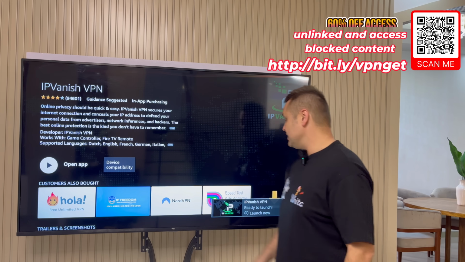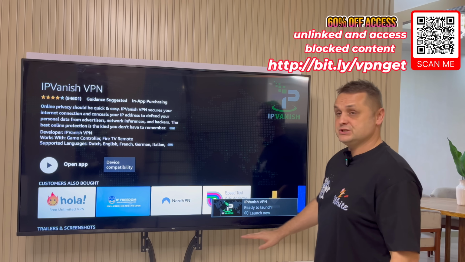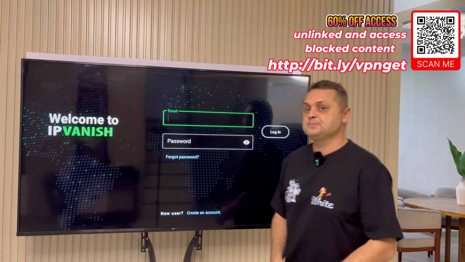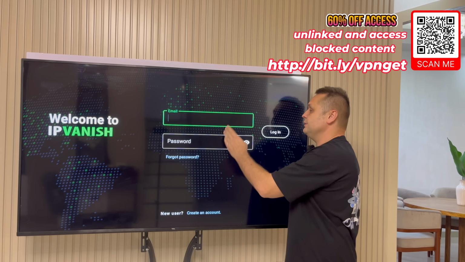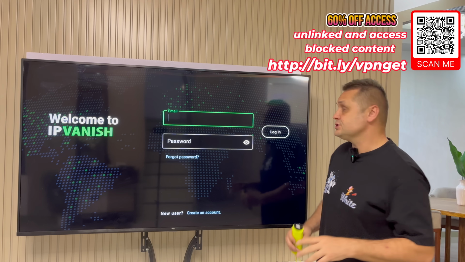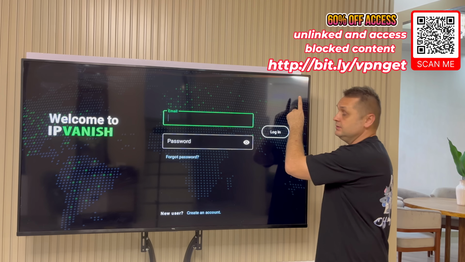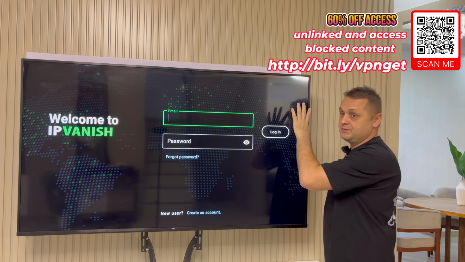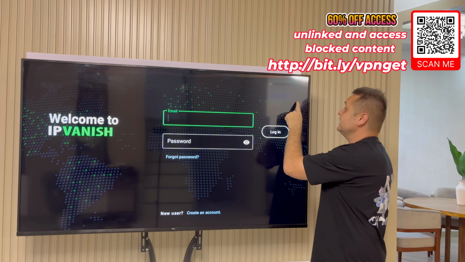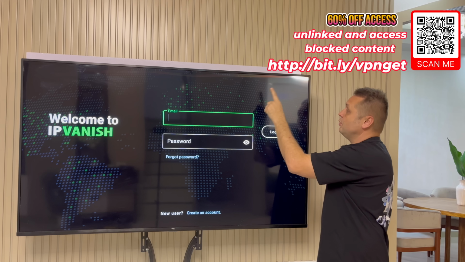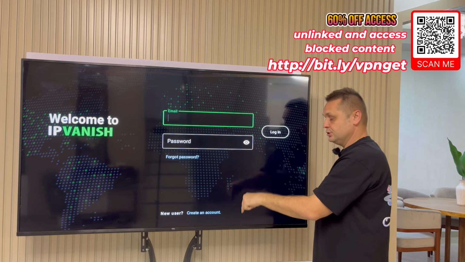Once IPVanish downloads, you'll get this notification. Just simply press the open button. Now it's going to present you with an email and password to log in. You can get your own email and password set up with your own email by scanning this barcode with your phone, or going to this bit.ly link here, also in the pinned comment